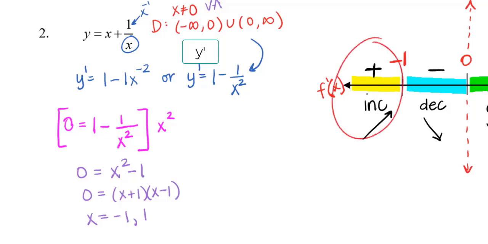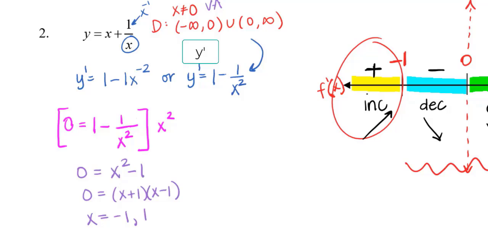I'm also increasing from 1 to infinity, and just connect them with that union. Now I'm decreasing everywhere in between. Can I just go straight from -1 to 1? That answer should be no, because again, you have a point of discontinuity in your function at x equals 0. So if your original function isn't existing at 0, your derivative should not either, because your derivative describes your original function. So if there's no original function there, you shouldn't be describing it. So I will say -1 to 0, union 0 to 1.